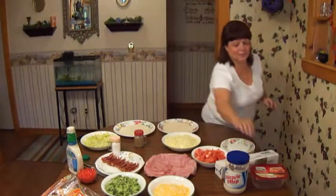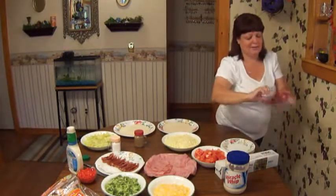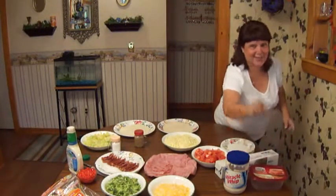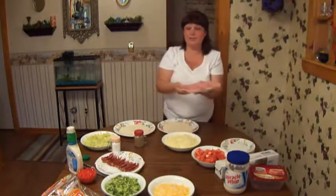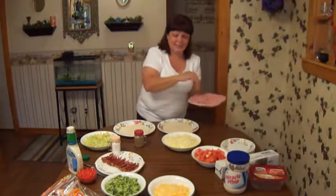ham. Now I buy my ham like this. Hillshire Farm. Hard word for me to say, the H, because I'm French. Okay, and this is all the meat that you get in that. But I like this kind of meat only because it's very thin, and it's going to be easy to